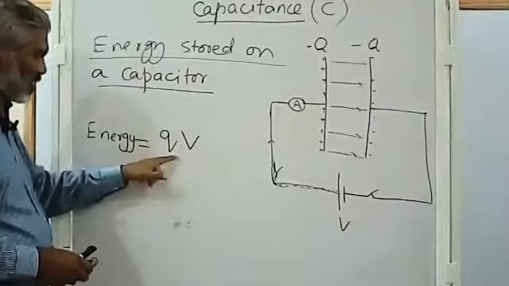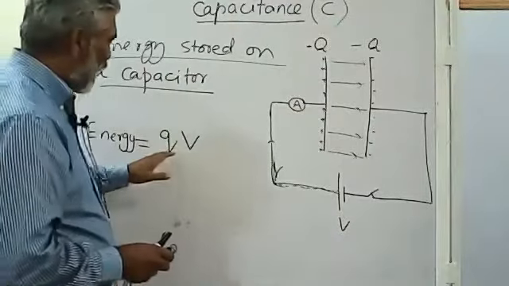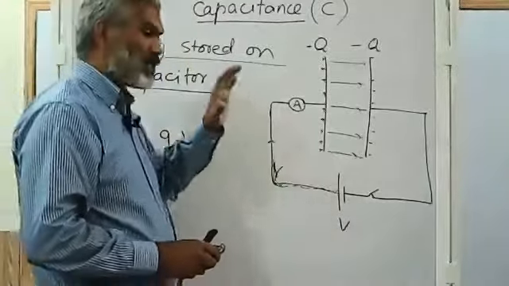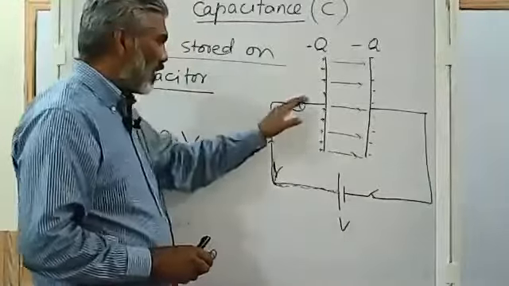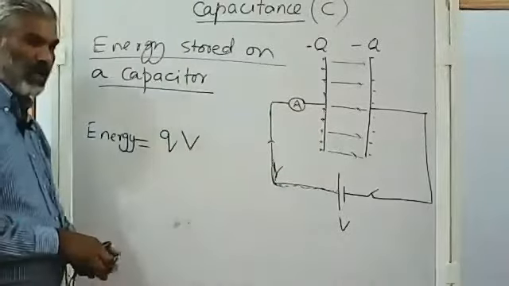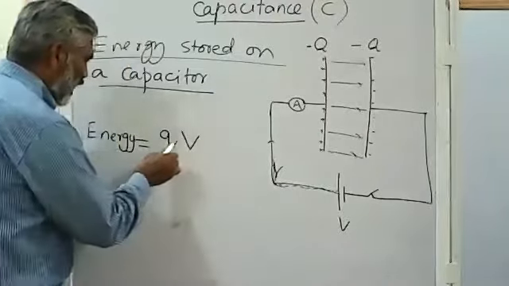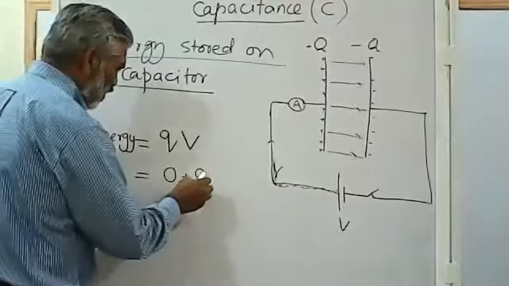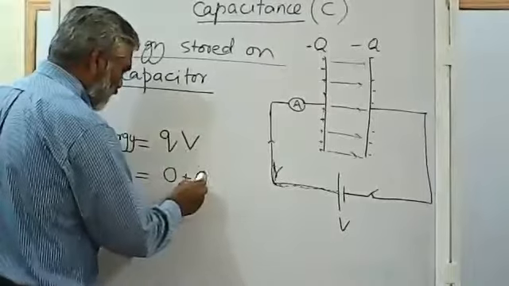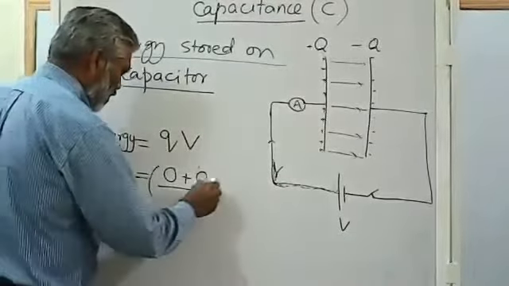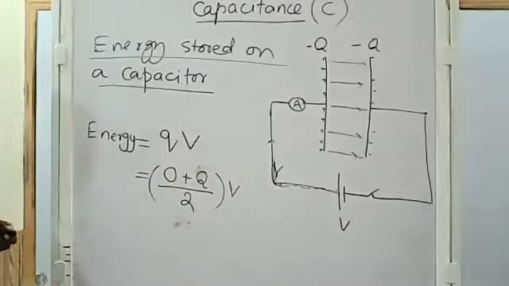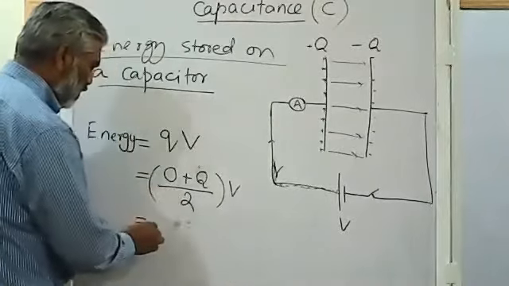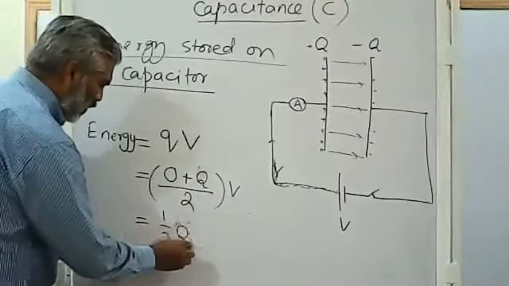But there is a problem in this equation, that is, I have not sent this charge Q in one go. I started with 0 and then slowly it is the final value of Q that I have accumulated on it. So instead of writing Q here, we average it for two values. We write it like this. So for a capacitor, the total energy involved is 1/2 QV,